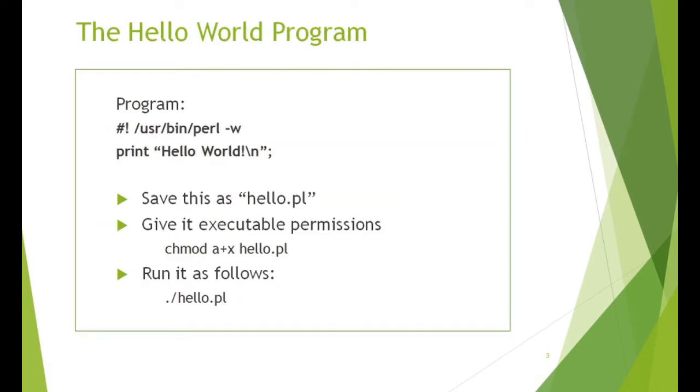So this is a sample program. The first line stands for the path of the binary file of Perl, and this is a statement. You have double quotes and then \n and a semicolon, which resembles a C program. Type this program using an editor like the vi editor or Notepad and save it with the extension .pl. Here I am saving it as hello.pl, and in a Linux environment you just give executable permission using chmod a+x hello.pl and then execute the program